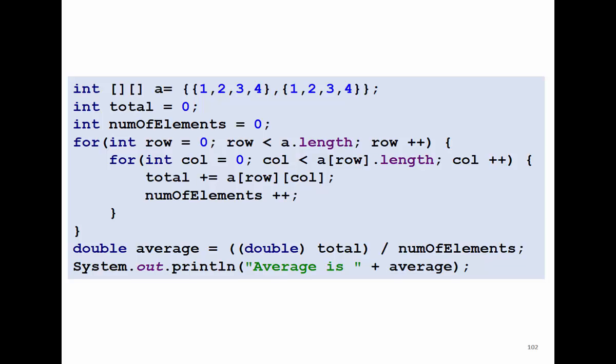Why do we need the number of elements? Because we need to calculate the average. At the end here, we calculate the average and send it back. Any questions? Yes. Yes, because Java allows the user to define an array where the length of each row is different. You cannot assume that the client makes the length of each row the same. So that's why in the second for loop, we have to check the length of each row.